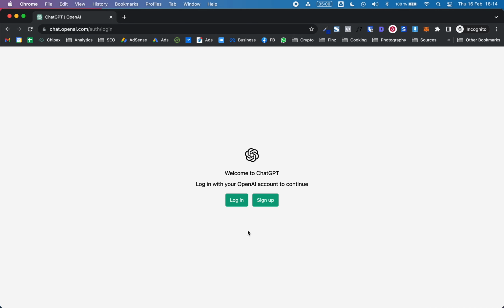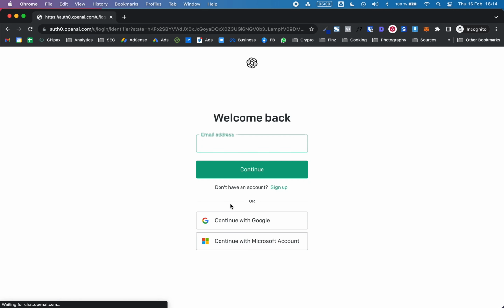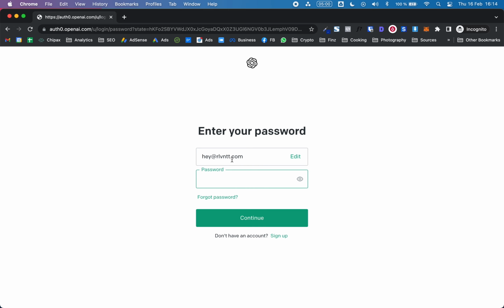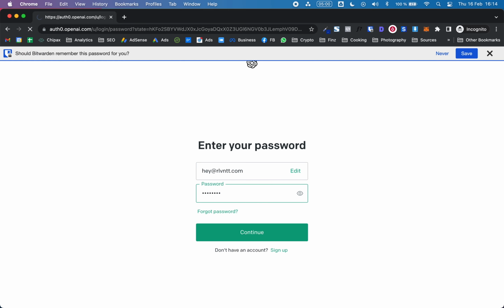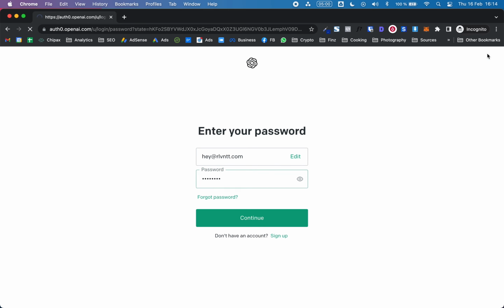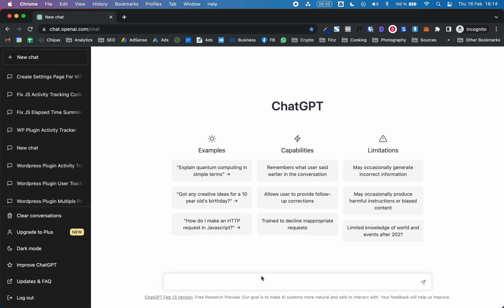So finally I'm able to log in to the free account. So give me a second here. Just going to log there. Just 1 second. And I'm in. So as you can see, now in this free version, we have these examples on how to